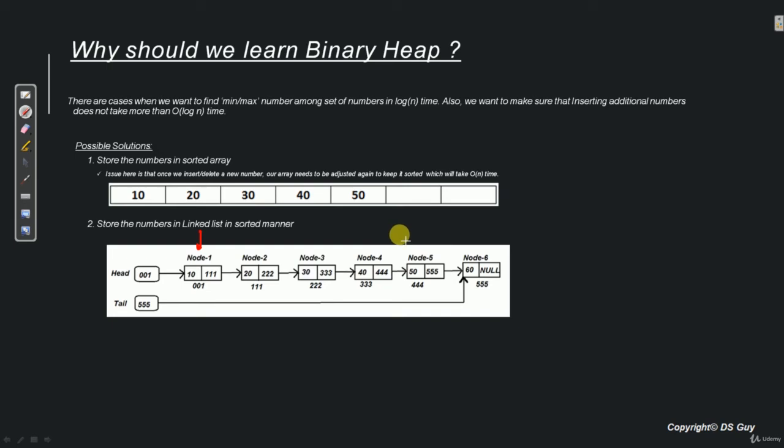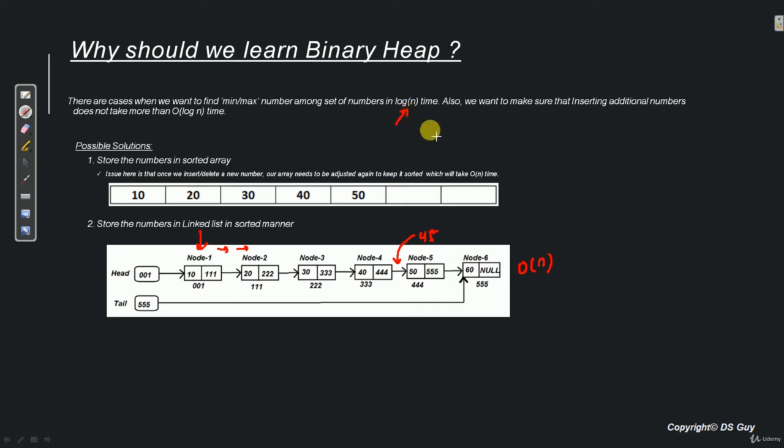So let's say we want to insert 45, then we have to start from node 1, keep going towards right until we reach this node, and we insert 45 over here. So clearly we see that here also this entire operation is taking order of n time, which is way more than the desired log n time.